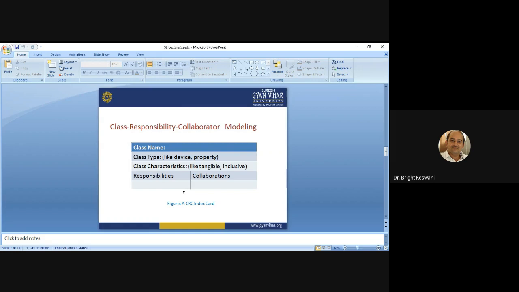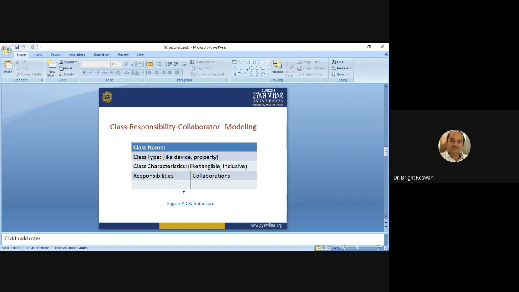You can mention the responsibilities of that class, and the collaborators in this segment. So this is all about class responsibility collaborator modeling, which provides a better understanding to a reader about the classes existing in the present system.